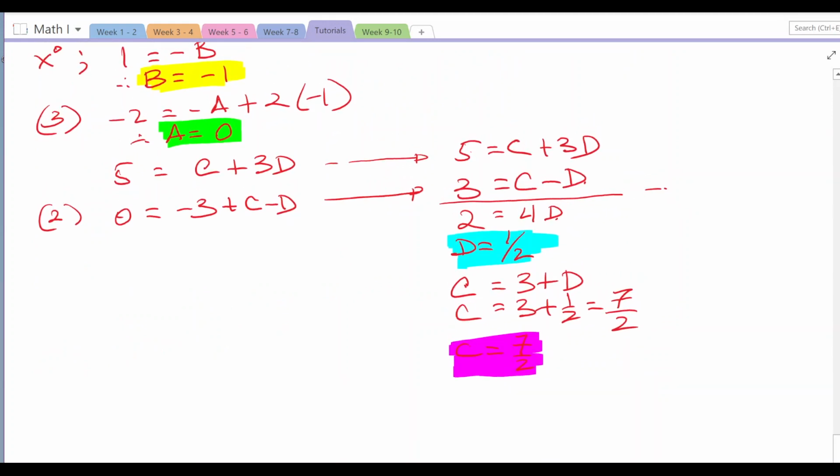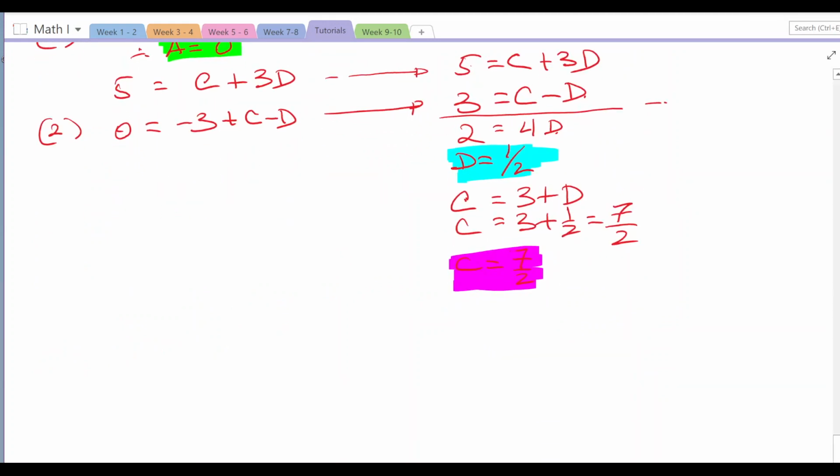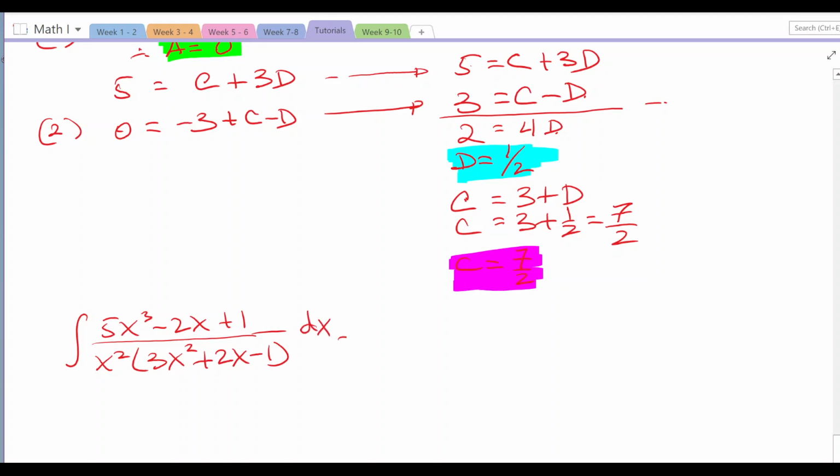So we can write down the overall problem: the integral of 5x cubed minus 2x plus 1 all over x squared times 3x squared plus 2x minus 1, dx, equals the integral of